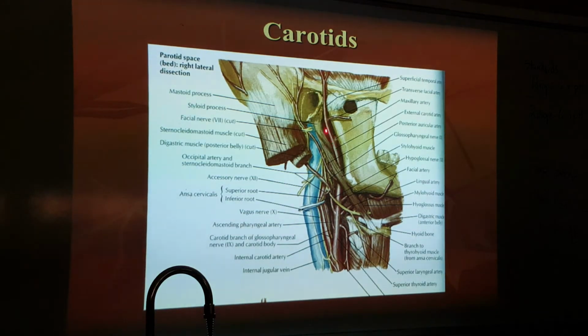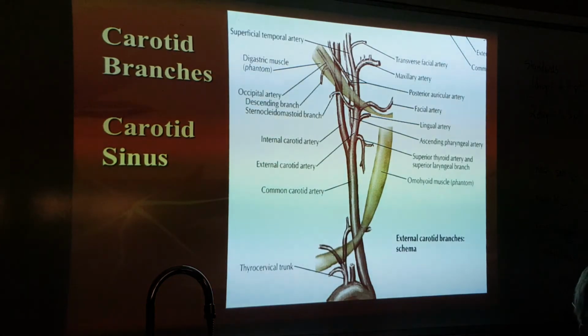This is the terminal branch. Every artery that gives off a bunch of branches, you finally get to the last Y, and that's called the terminal branches. So the maxillary and superficial temporal are the 2 terminal branches of any significance of the external carotid artery. We'll learn the 7 major branches of the external carotid artery. And there they are: